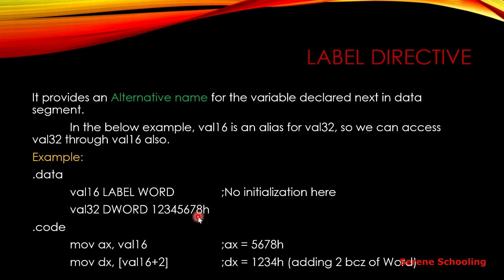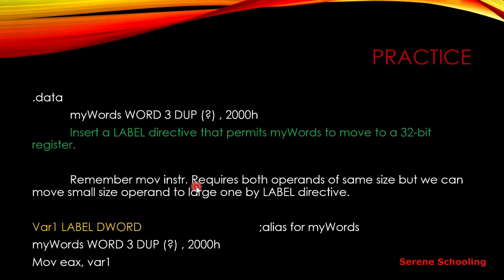so I hope that you have gotten how to basically use this label keyword. We will see one more example. So see over here, in the data part I am doing some declaration with the DUP operator. If you don't know what this is, then you have to see the previous lectures where I explained this with the help of examples, so you can get it better. So this is my name of the variable, this is my type, this is my size, this is my DUP, and this is my initialization list, and this is my another initialization number.